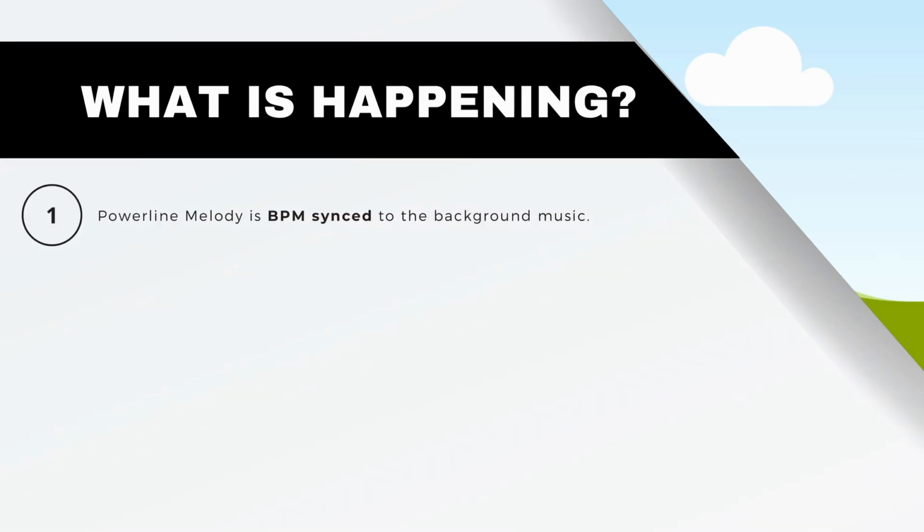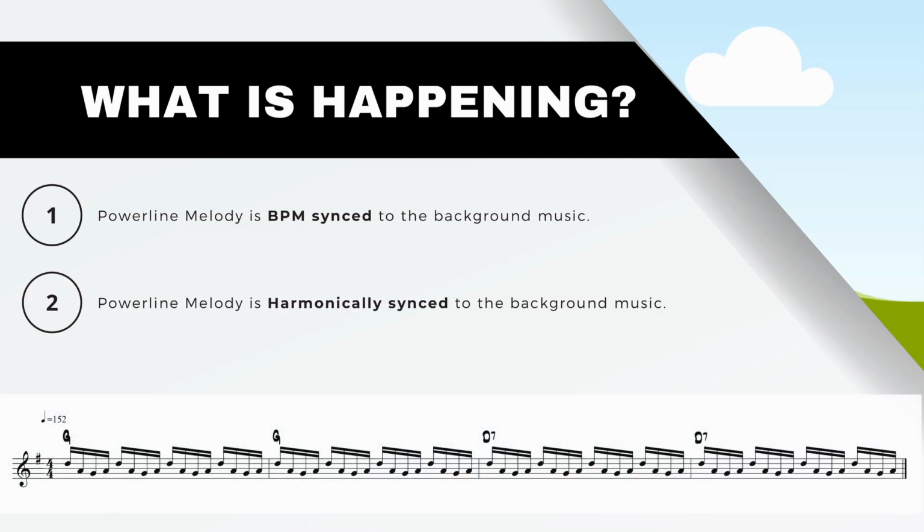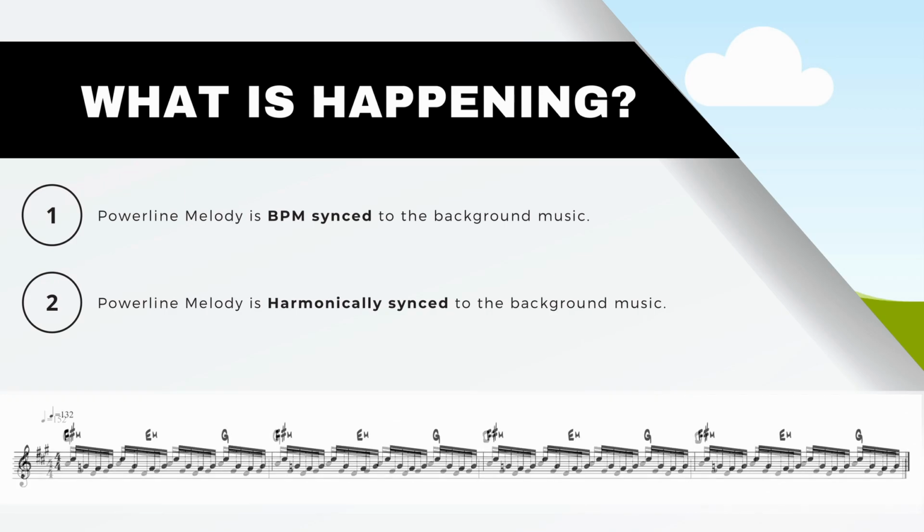First, it's BPM synced to the different pieces of music. Tostarena Town is at 152 BPM, and the Ruins music is at 132 BPM. Then, it is also harmonically synced to the music. The melody is changing notes to match the more Phrygian harmony of the Ruins music, but retaining the same melodic